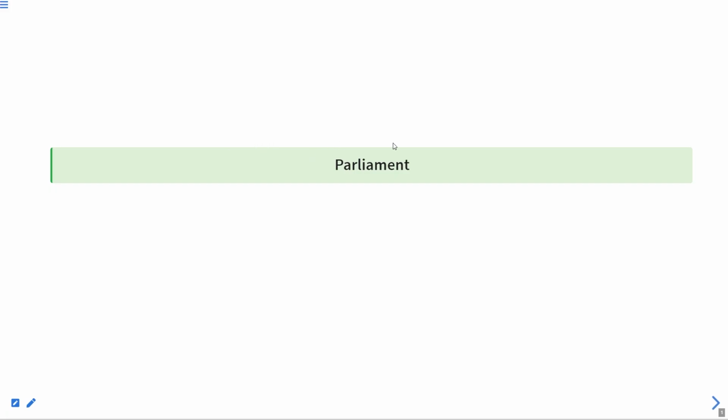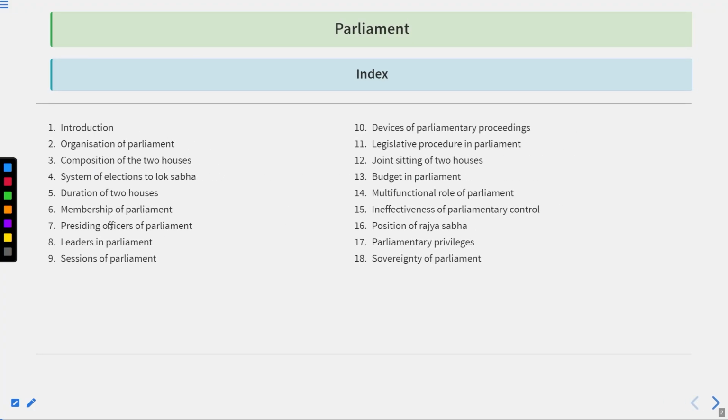Students, as we know, we are covering the parliament. This is the topic on which we are discussing right now. And within this particular topic of the parliament, all of these are the topics that we had scheduled for the discussion, starting with the introduction part,